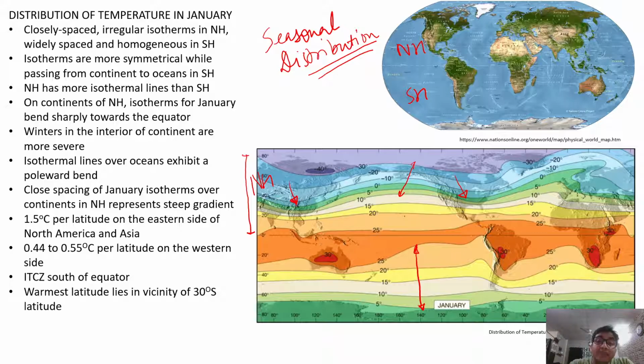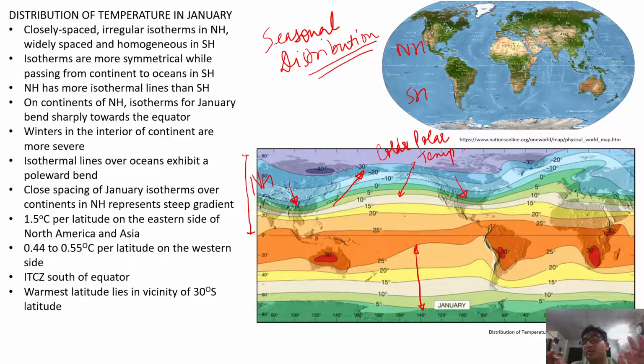It means that the cold polar temperatures have a sharp impact very close to the tropical latitudes, and that is why they bend the isotherms towards the equator. While the isotherms over the oceans, they are bending towards pole, which means that during